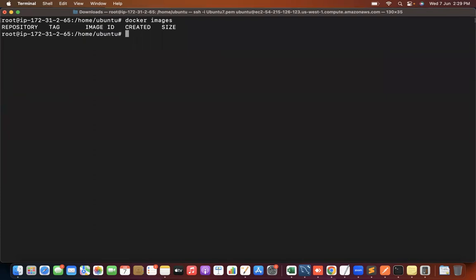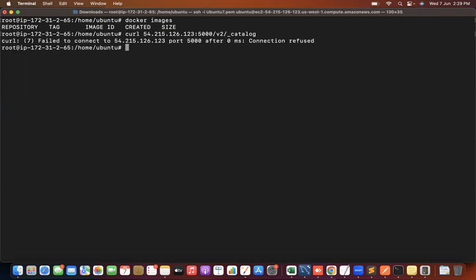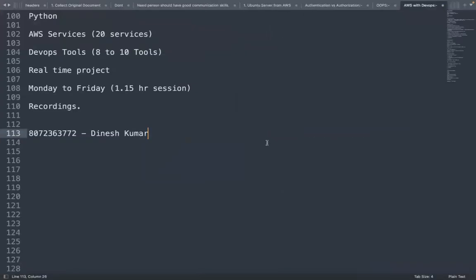So suppose you type this curl command and press enter, you will not get it, right? The reason is that you removed the container. The registry container that was running got removed. How can I fetch the data from the local registry? No. So my next topic is